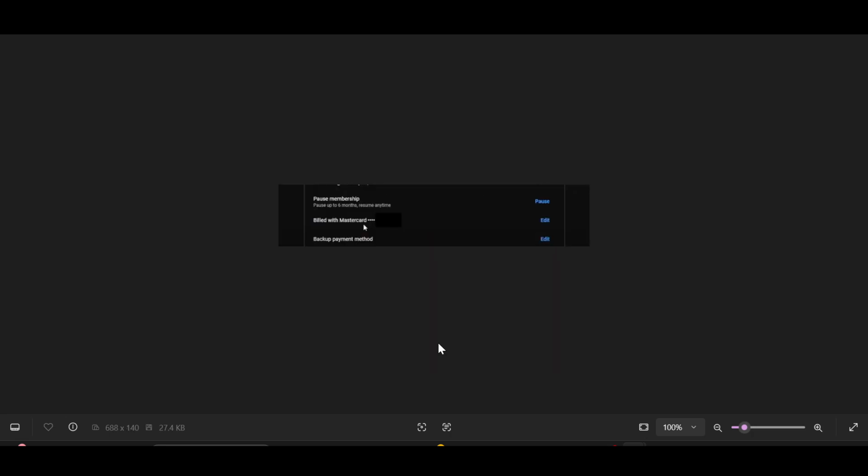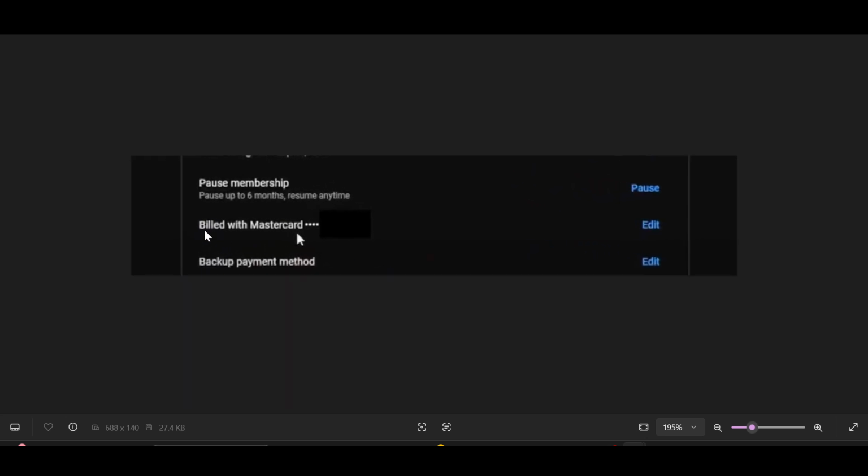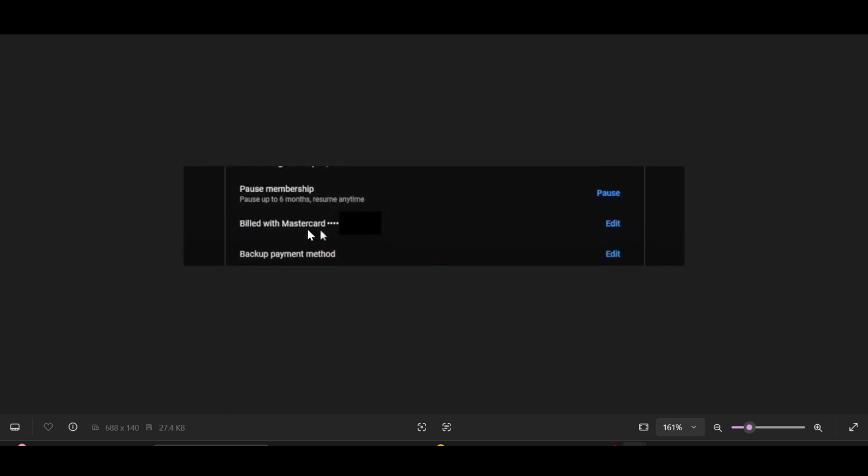After clicking on Membership, just simply click on this Edit button. Here it is written Billed with MasterCard. In your case, it might be different. So in whatever cases, just simply click on this edit button and then you will be able to add a payment method